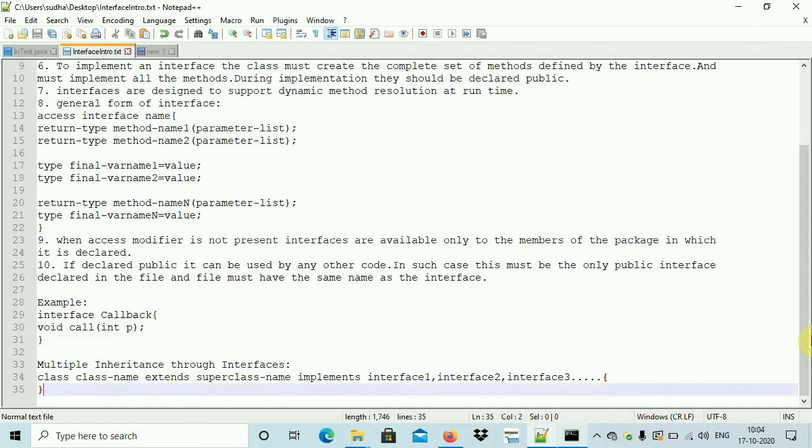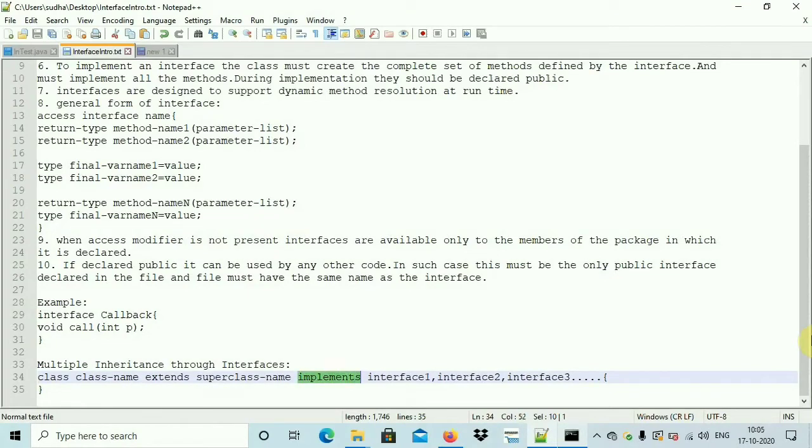Okay friends, so we'll see how multiple inheritance through interfaces is possible. So this is the class and class name. Extends, so the class can extend one class. So extends in a class is optional. If it wants to, it can extend. And if a class wants to implement an interface, the implements keyword has to be used.